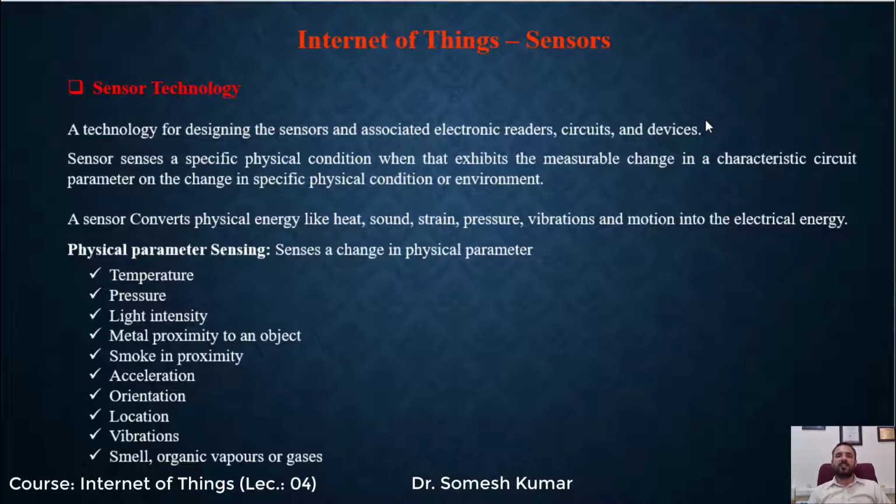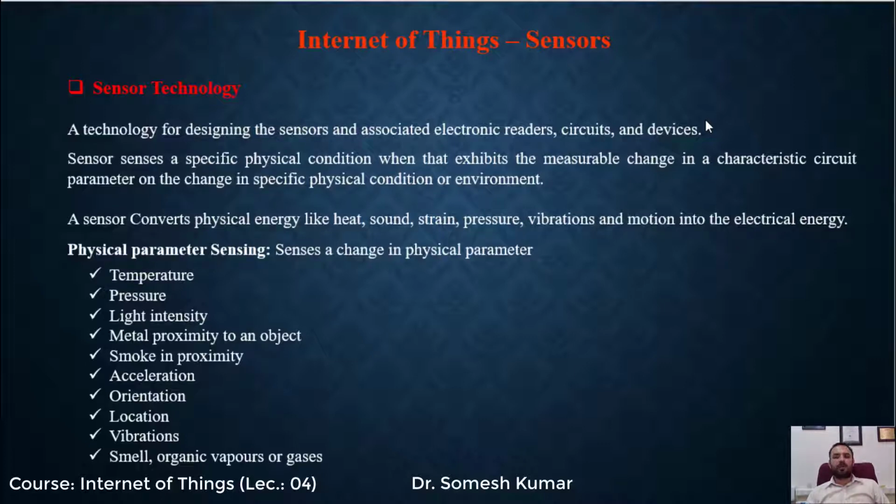As per these physical conditions, the electrical characteristics of your sensor circuit change. Your sensor's post-processing circuits calculate these characteristic changes and give you output in the form of digital or analog outputs. Basically, sensors convert physical energy, meaning light, heat, sound, strain, pressure, temperature, into electrical energy,